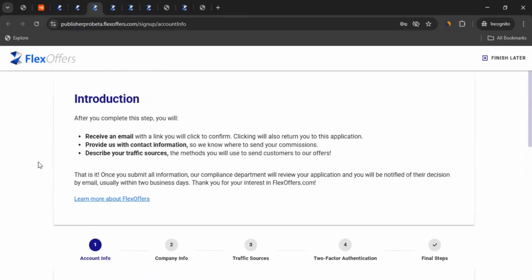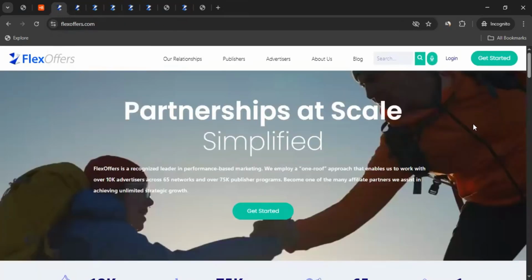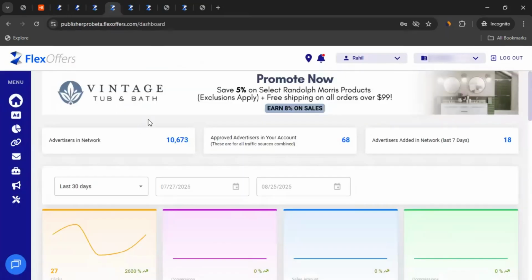And once you have completed the registration, you can come to the website once again, click on Login, and click on Publisher Login. Enter your credentials on the login page, and then it will take you to something called the Affiliate Dashboard or Publisher Dashboard. Now, this is a place where you will be able to interact with different brands out there, not just Babbel. But the focus of this video is just the affiliate program of Babbel.